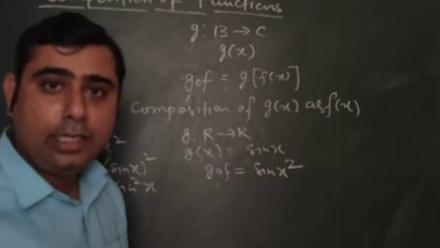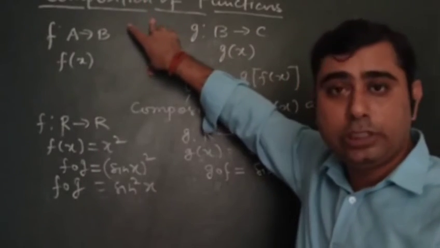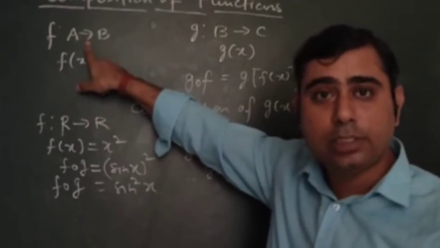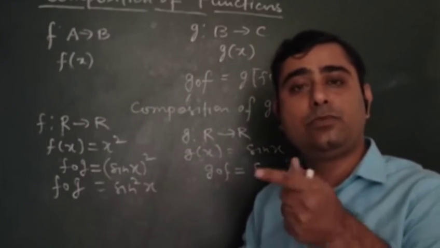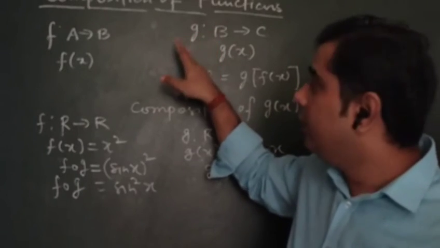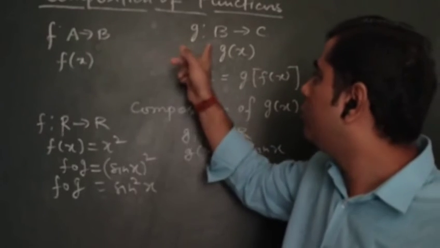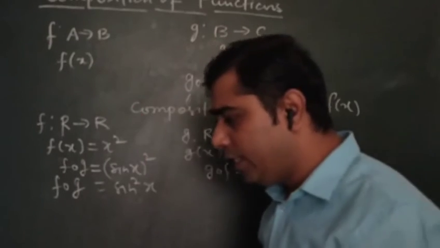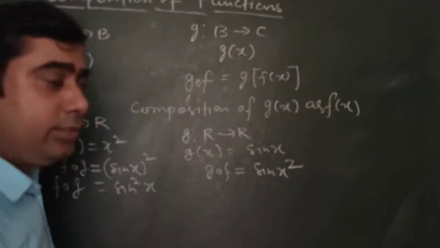So the main point is that you will perform the composition operation when and only when the domain of the first function is equal to the codomain of the second, then you can write the first function in terms of the second function. And if its domain is also equal to the second function's codomain, then you can also write g as a function of f. Clear? So it's a very small topic but a very important topic, used in many operations and many applications.